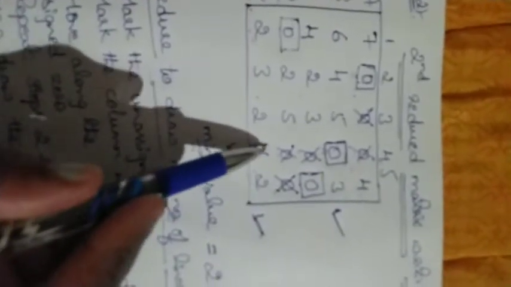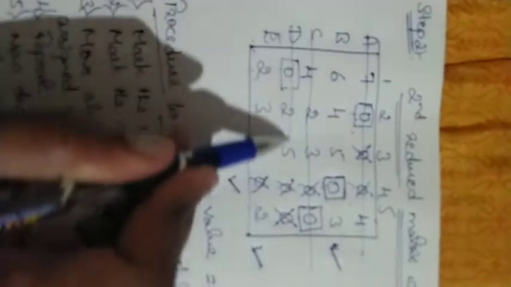Then, with this marked row, if there is any crossed 0, that particular column will be marked. After marking this column, move along this column and look at whether there is an assigned 0. If there is an assigned 0, that particular row will be marked with a tick mark. Once you have done this, you can draw the lines through these tick marks. Just go through the procedure.